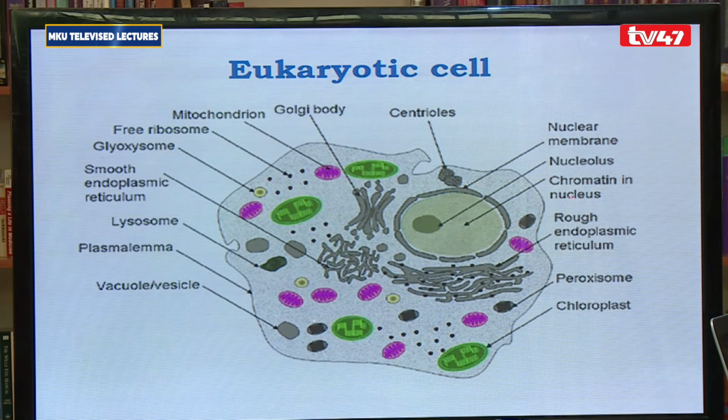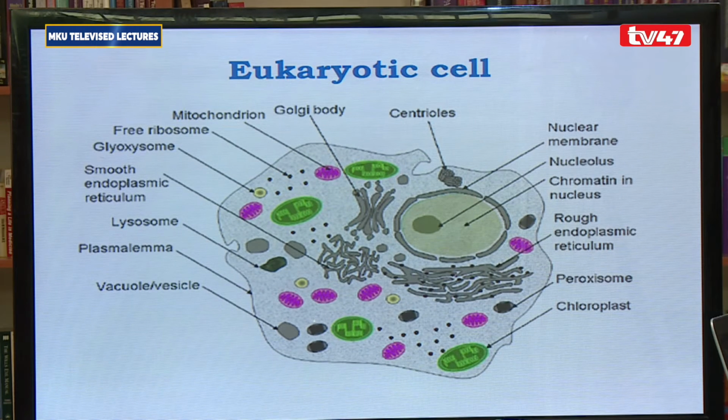Then there is chromatin in the nucleus. These are DNA which are found within the nucleus. There are other organelles like the rough endoplasmic reticulum, peroxisome. We have a chloroplast there, so this would be a plant cell, but not a very good one. It's just trying to show the different types of eukaryotic cell